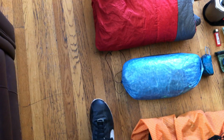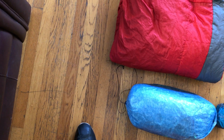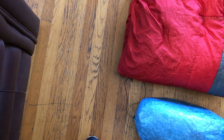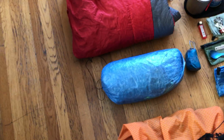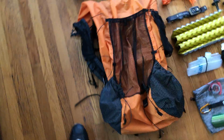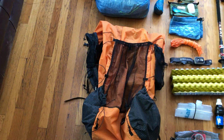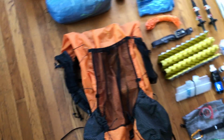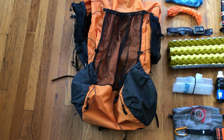We have the Z-Packs Duplex, which is, let's see here, how much is the Z-Packs Duplex? It's a 20-ounce. So Z-Packs Duplex, I love it. I've used it all last year. It works great. This, of course, is the Arc Blast Z-Packs 60-liter. I also have a couple pouches on it and a strap for the bear can as well, just to try